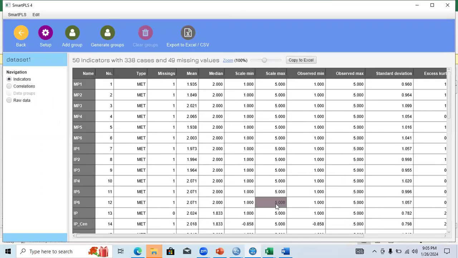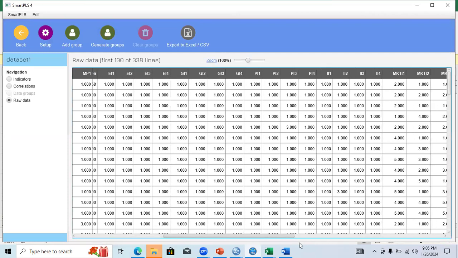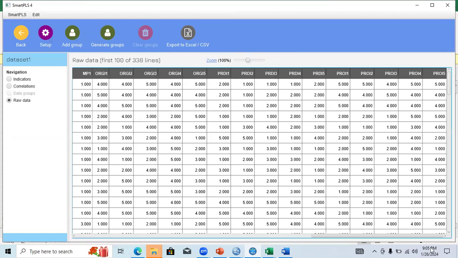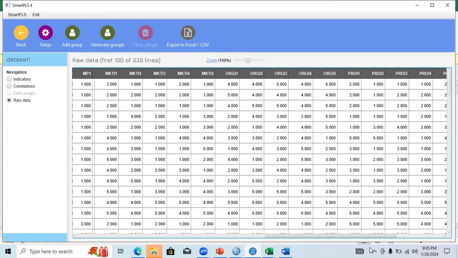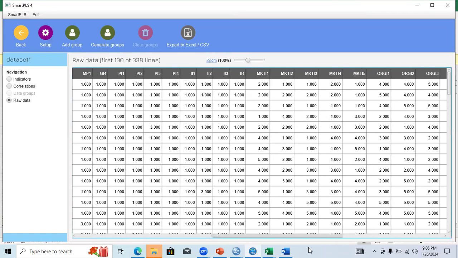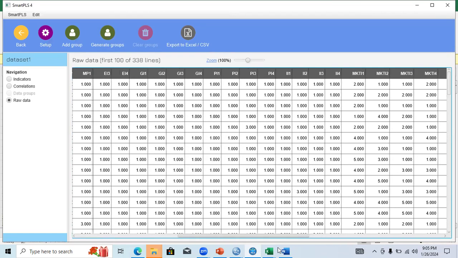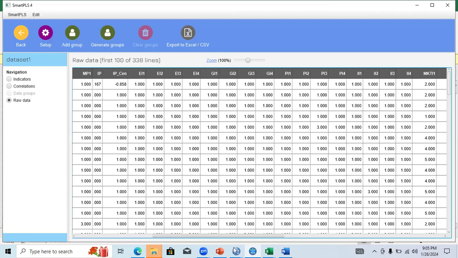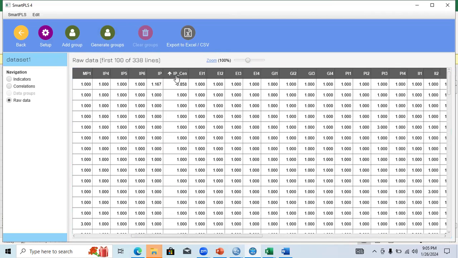Import. And you need to verify that you have created the mean center value of it. IP. Yes, IP mean centered. So this is the value I have created over here.